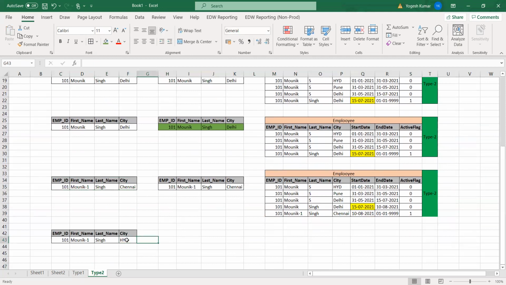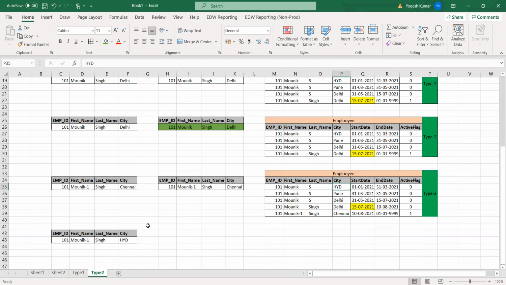So what will happen? Again, one line. So one more record will be maintained in the data warehouse, because he moved, but Hyderabad is new, though this is already existing Hyderabad.